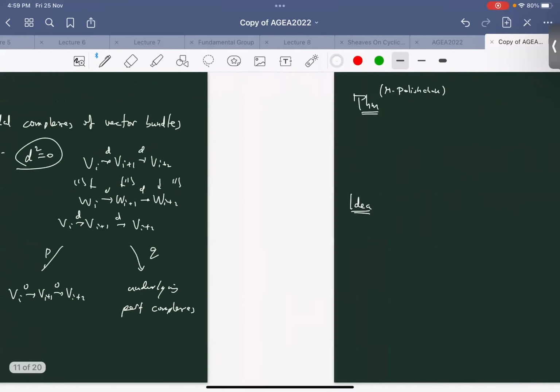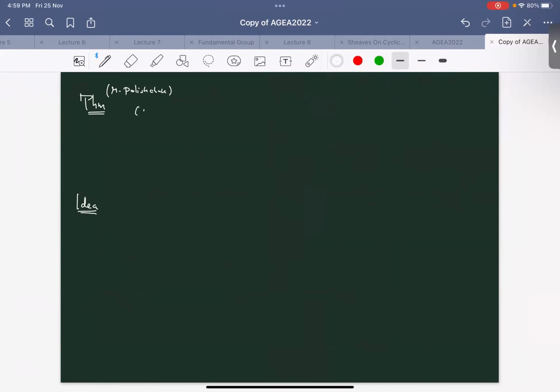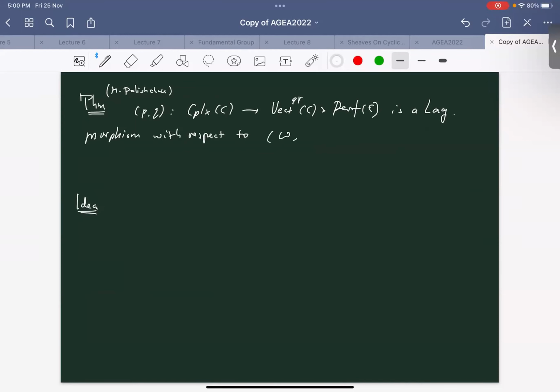Okay. So our main theorem is the following. So PQ, you consider it as a map from a complex of C into the product. C is a Lagrangian morphism with respect to the symplectic structure omega minus omega. Okay. So where